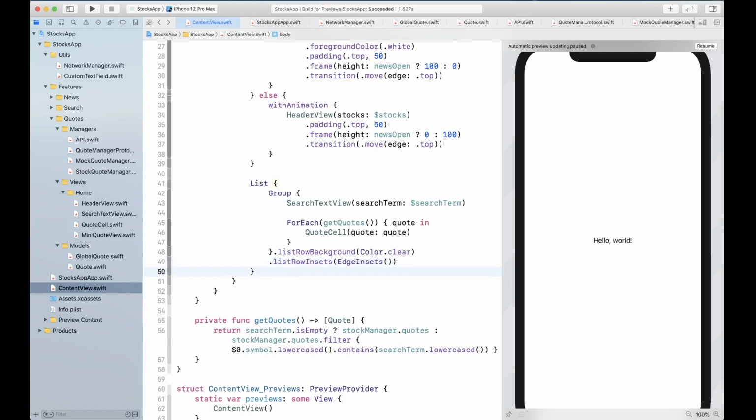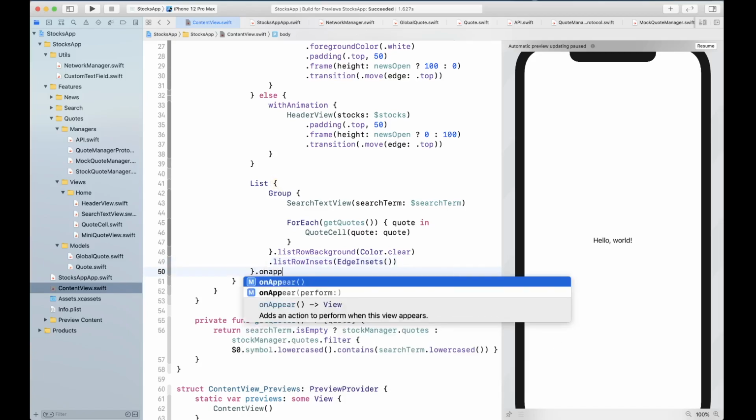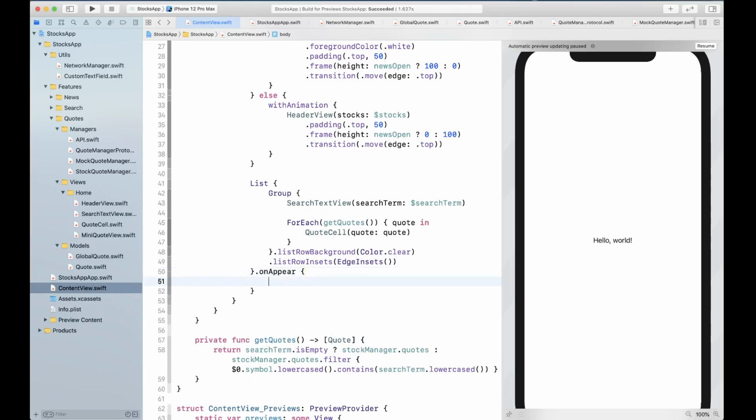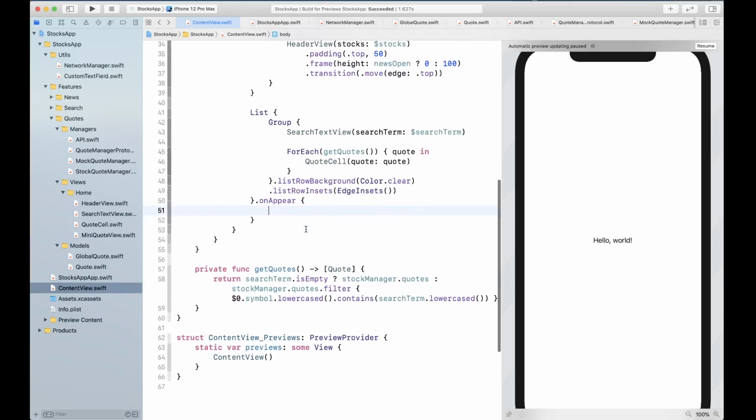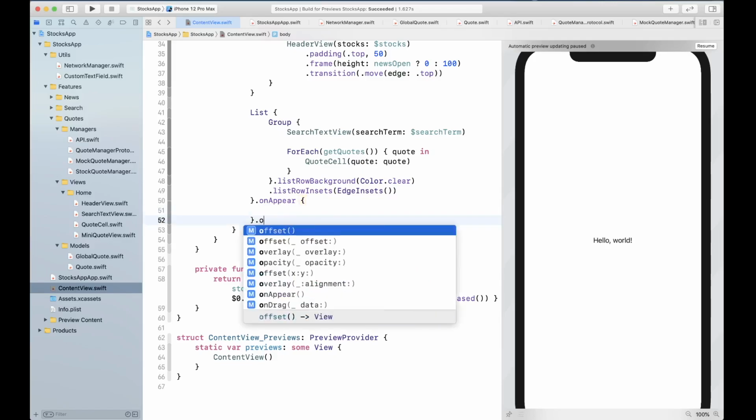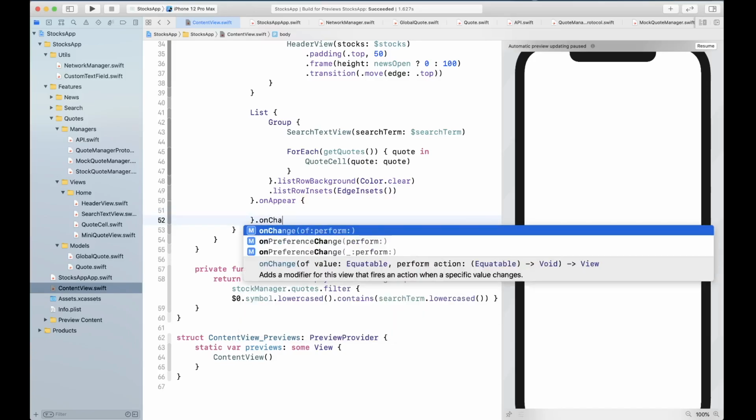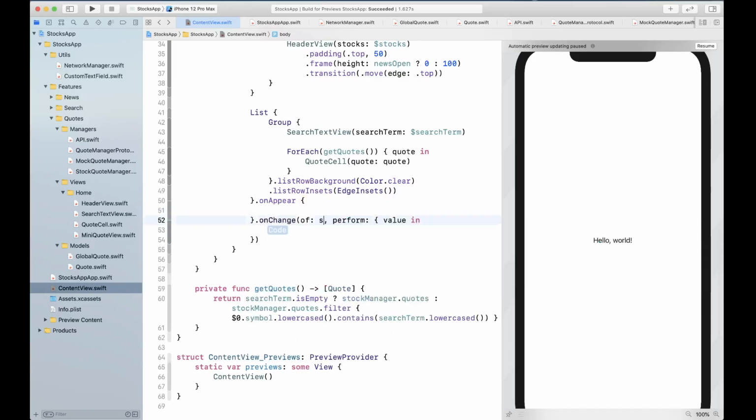Okay, and we're going to say on appear. Now we want to fetch our data when the view appears, right? So we want that, and we also want another observer for on change. So whenever the stocks value is changing, we need to perform some operation here.